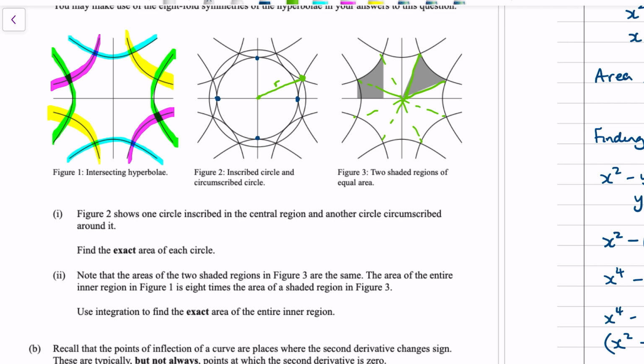We're trying to find the exact area of the entire inner region of figure 1, which is the same as figure 3, right? We're trying to find this region here. Ignore the circles, is basically what they're saying. So